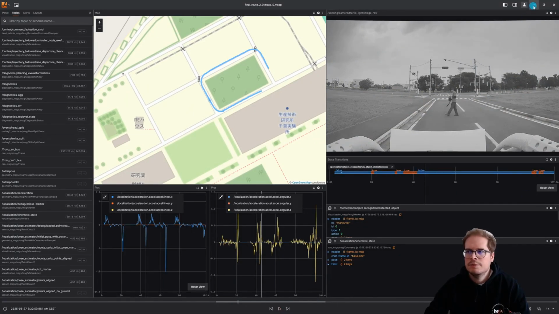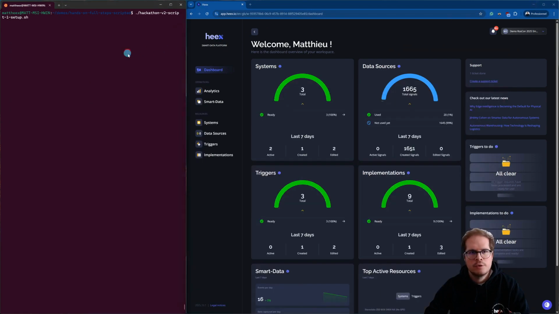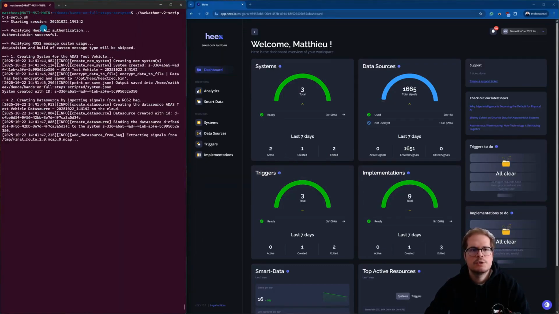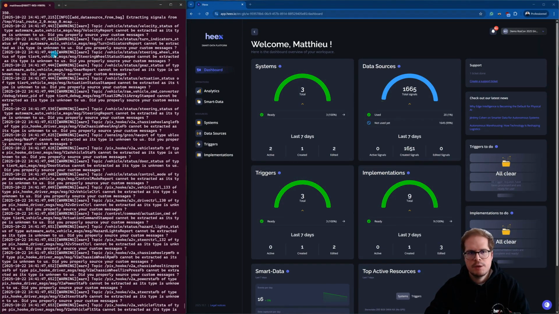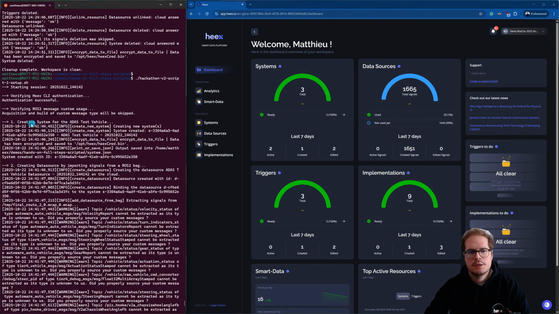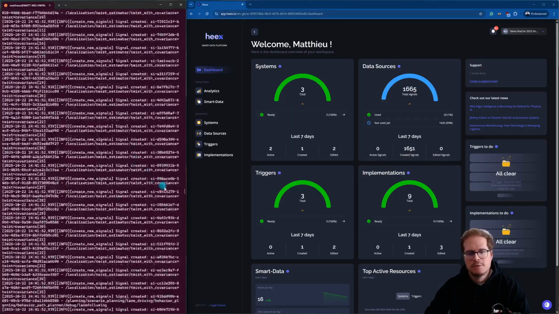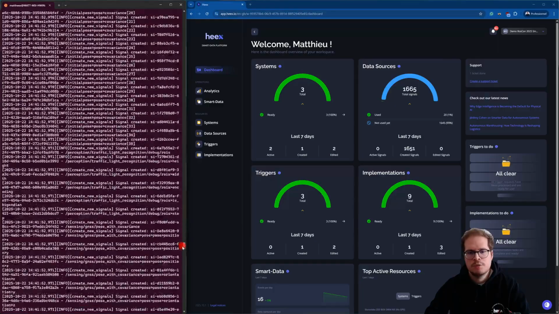Okay, let's continue with our first script. So, the setup script will create most of the Heex Smart Data entities necessary to operate the replay on the platform. We are using the CLI under the hood. First we create our system, then we create and import a data source element from our ROS bags, which creates tons of sensors as we create one for each field